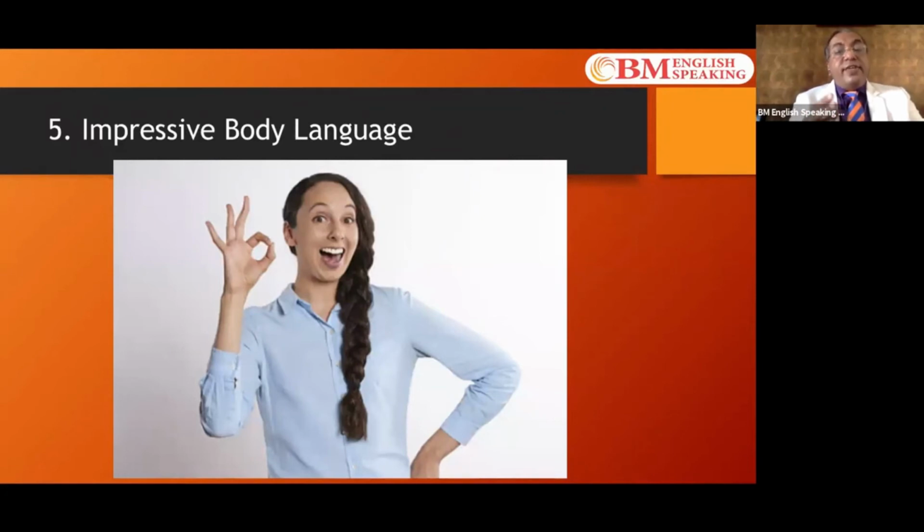So there is Hindi language, English language, Marathi, Urdu language. So there is also a language called body language. Our body has a language of its own. The way we move our hands, it speaks a lot about us. So if you are slouching and sitting, it is already communicating to everybody in the room that you are very casual or you are in a casual mood. If you are standing straight and talking and doing the right hand movements, it is communicating that you are a confident person. It's extremely important to develop the right kind of body language.